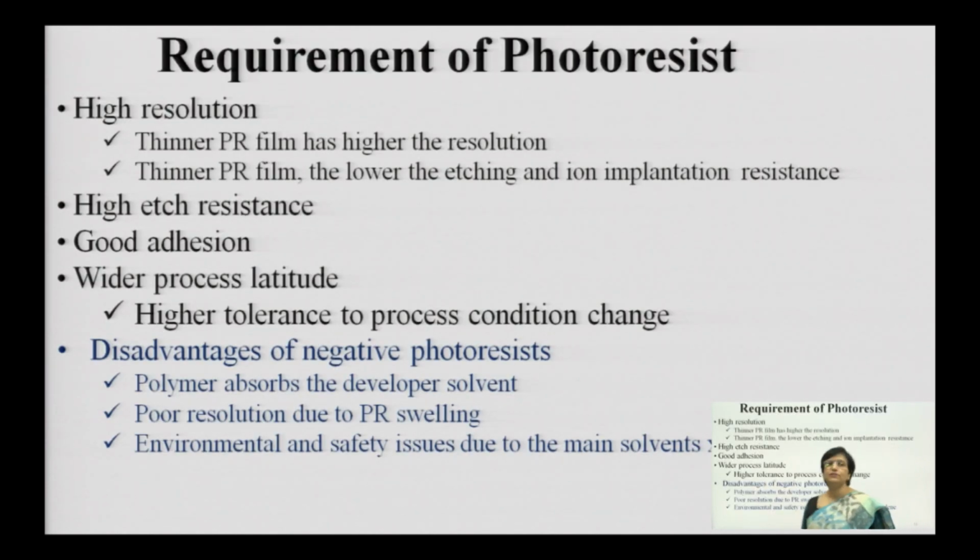Now, what are the properties which are expected from this photoresist? The photoresist must be able to create an exact replica with the same feature size of your mask. Whatever the mask is, you can reduce by enhancing, focusing, all those scientific techniques can be used, but it should create an exact replica. It should have good etching resistance, like the unwanted portion, when you develop, the weakened portion will get dissolved, and the rest of the portion should have good etch resistance, so that it should not hamper the pattern which is being formed onto it.